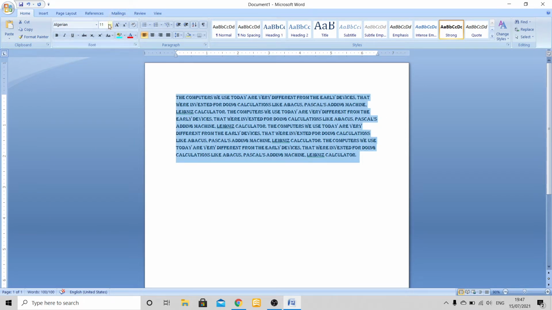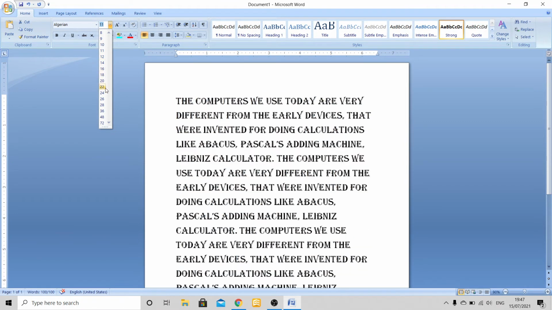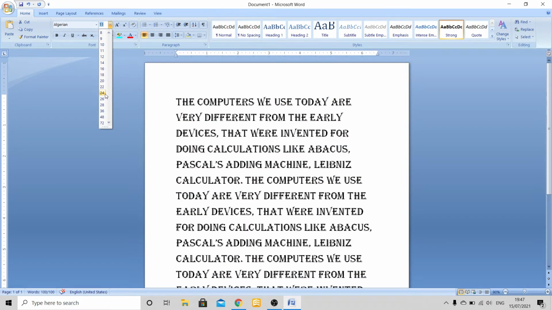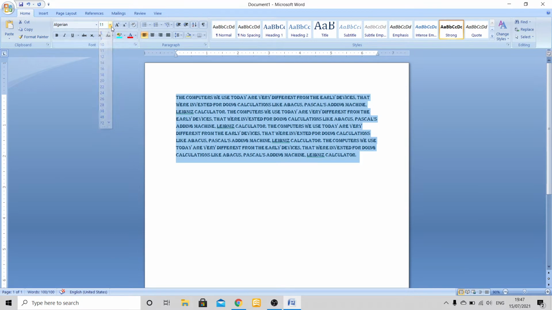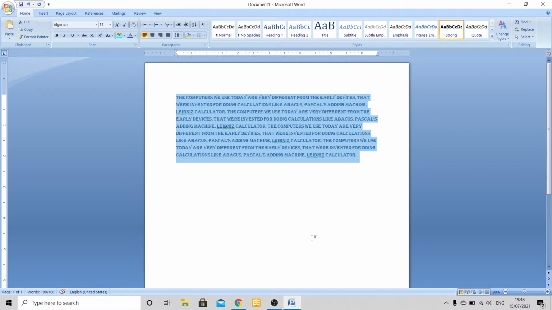I can even change the font sizes, see, this is called the font size. Then this is the font color. Here, see, I can change the font colors, whatever color I want, like this, correct.